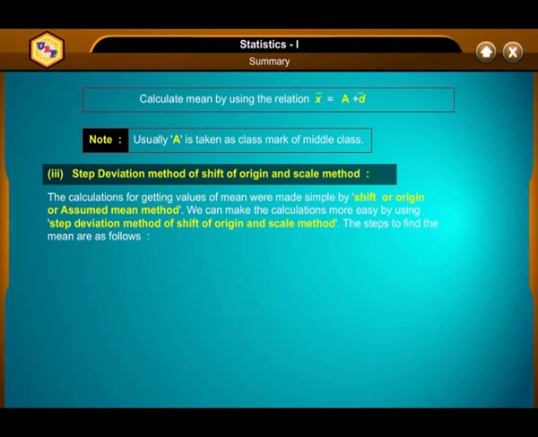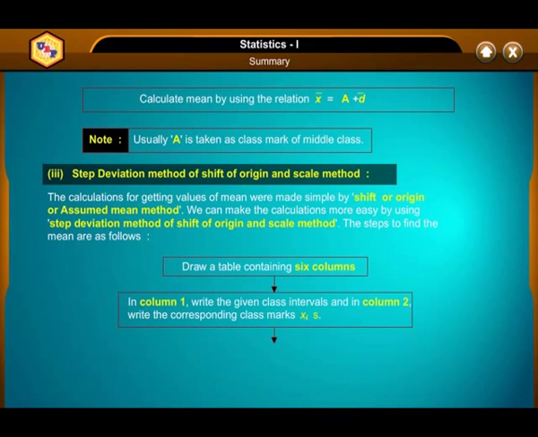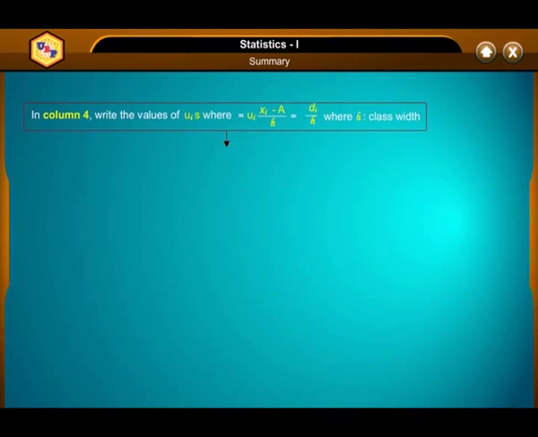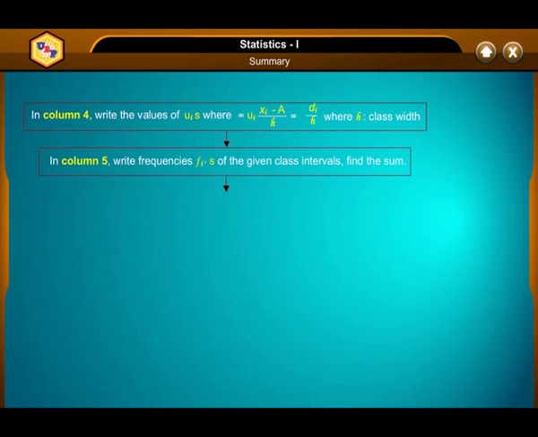The steps to find the mean are as follows. Draw a table containing 6 columns. In column 1, write the given class intervals, and in column 2, write the corresponding class marks xi's. In column 3, write the values of di's, where di is equal to xi minus a. In column 4, write the values of ui's, where ui is equal to (xi minus a) upon h, which is equal to di upon h, where h is the class width. In column 5, write the frequencies fi's